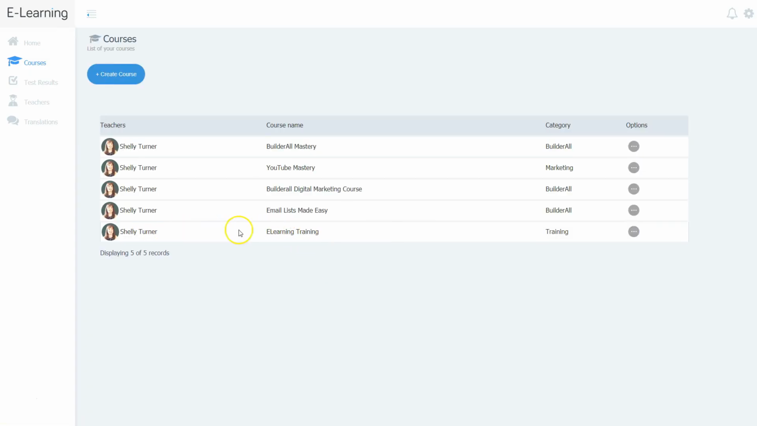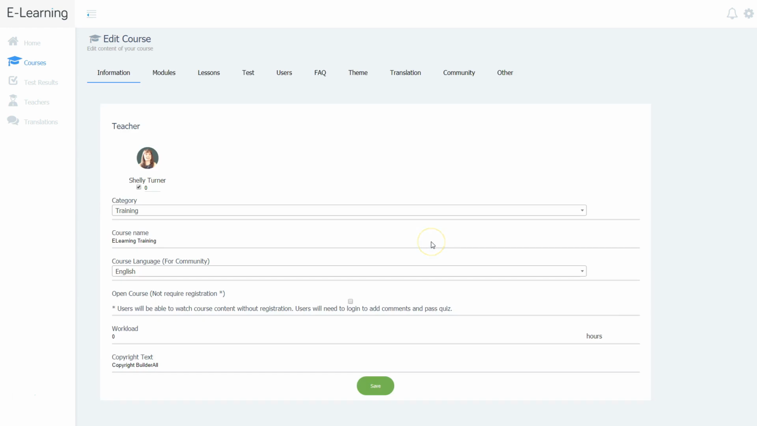And now I've got my new course added to the bottom of the list, and the next thing I need to do is go ahead and jump into the course and start editing. So I'm going to click these three circles and choose Edit. And from here I have a lot of options. I can put in the information about the course here. I can add modules, lessons, I can create a test, I can add users, or I can see the users